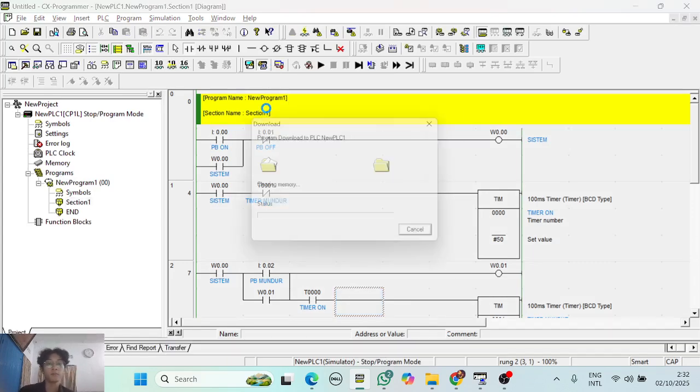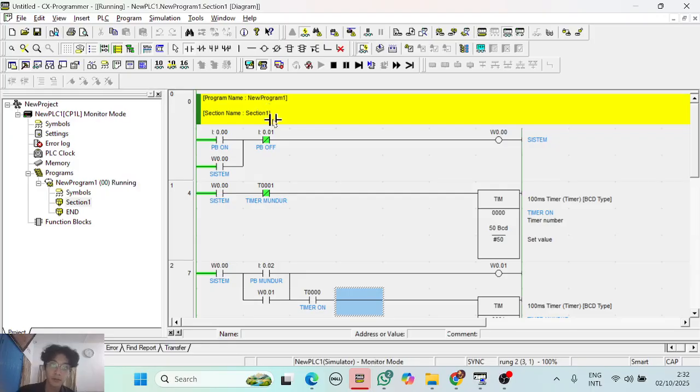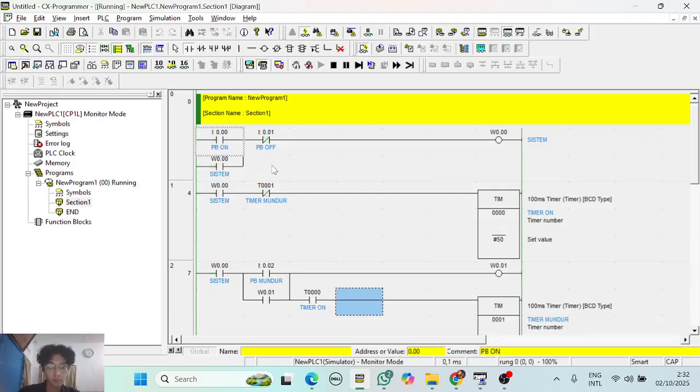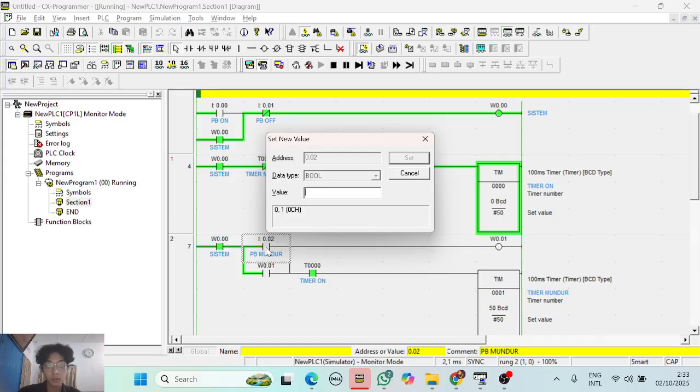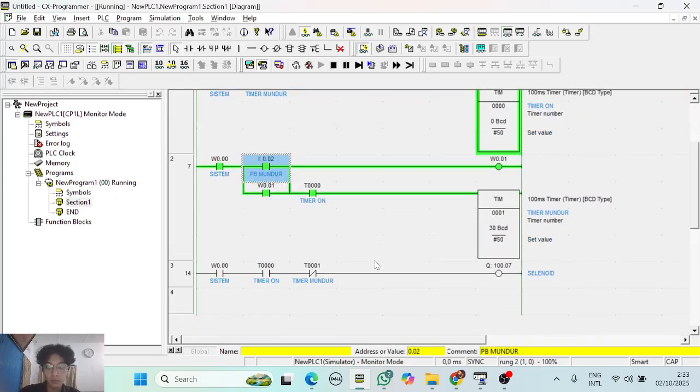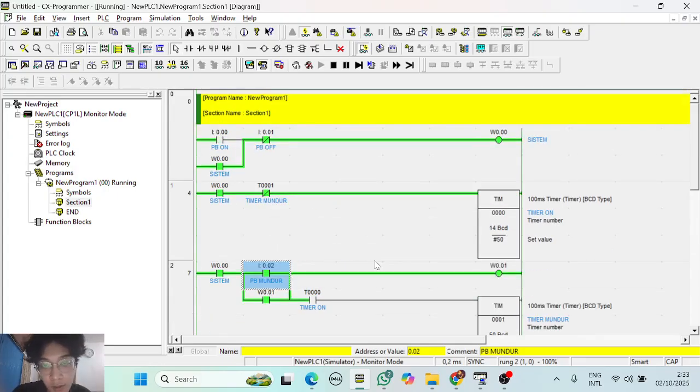Okay, the system works great. Totally working.